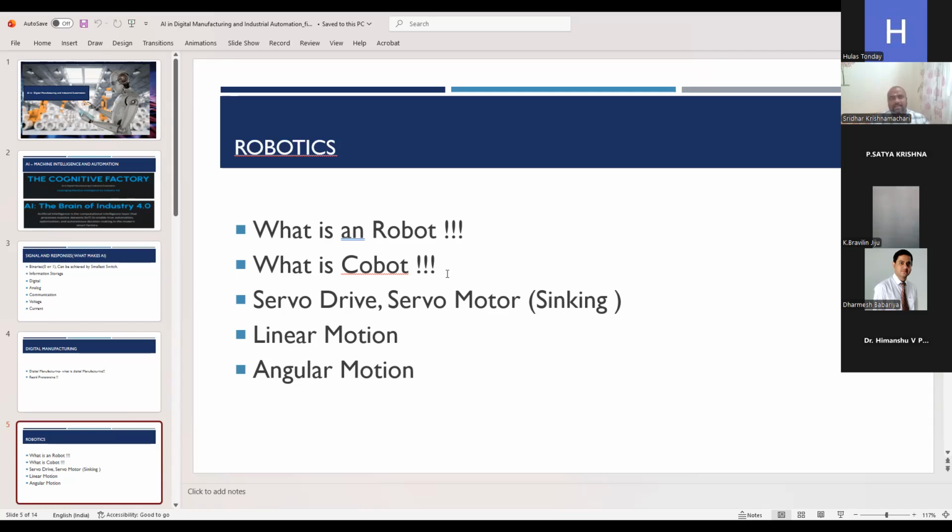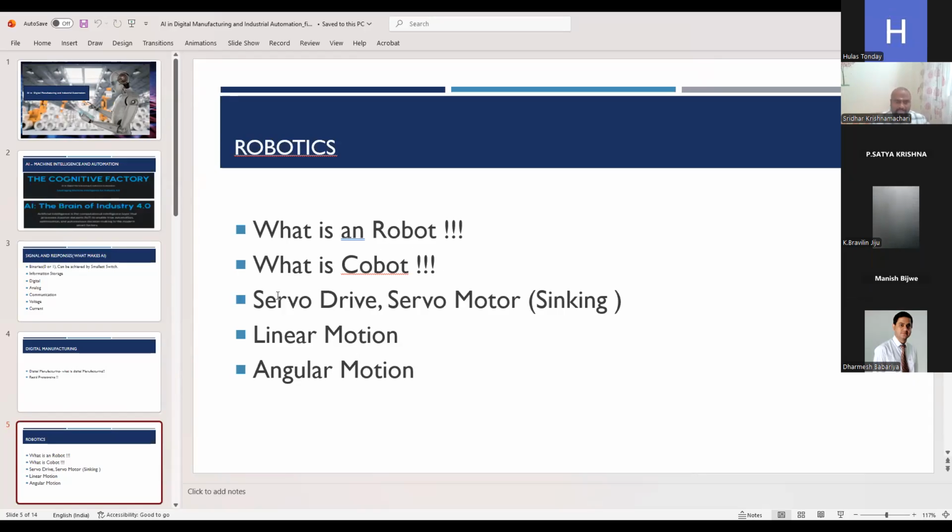Like one arm of the cobot will be picking and placing on the table, whereas we can work. We can stop the cobot by hand. It is not such a robot. Based on the feedback, it will stop. A stress-bearing load can be programmed in such a way that beyond that stress, the cobot will stop automatically and it will resume from the same position itself.